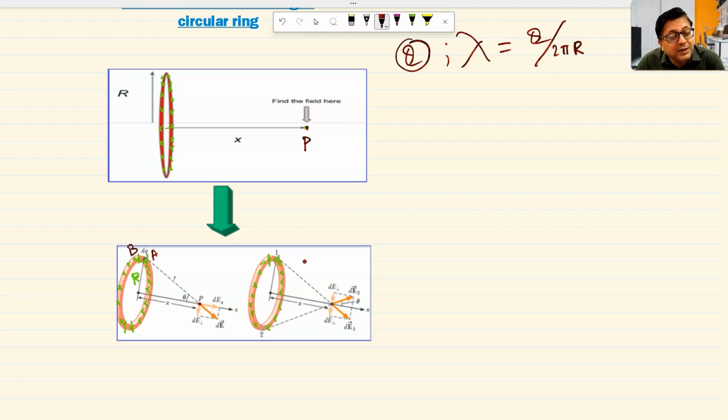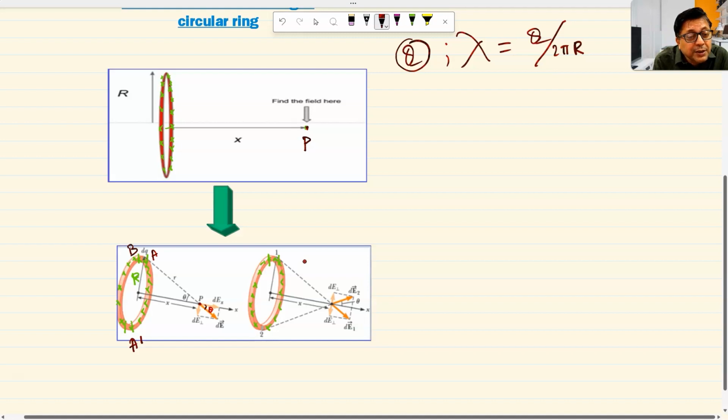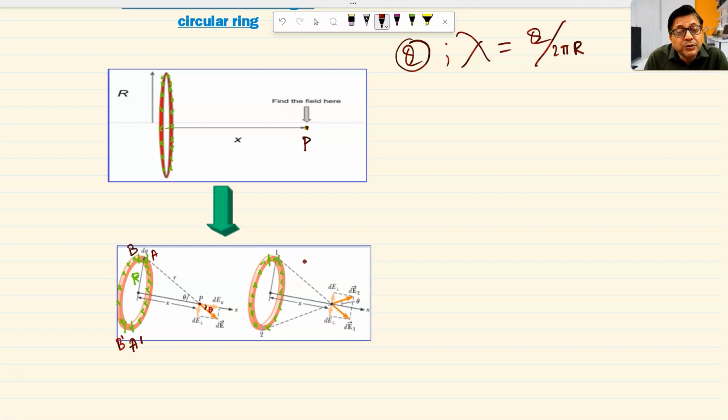What will be the direction? This is a positive charge, no? Due to positive charge, the field will be directed this way. If we assume that this direction makes an angle theta with the x-axis, then this field has two components. One is along the x-axis, the other one is along the y-axis. Now, this y-axis component will not be there. Why? If you take a symmetrically opposite element of the ring, that is A dash B dash, due to that,